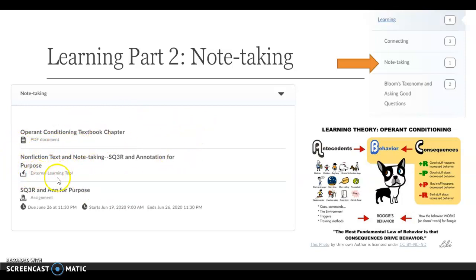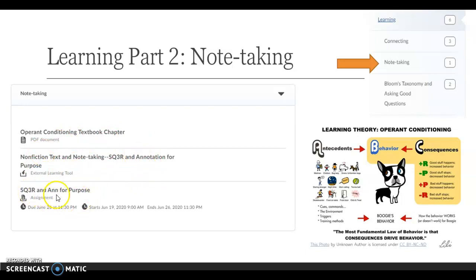It's called this external learning tool you see here. That usually means we're going to voice thread. And remember, in voice thread, I ask you questions and you actually record responses right in the presentation. You do get credit for completing it. I know if you do it because I go in and grade it and check that you've responded where I've asked you to. So it's super important that you do this voice thread,